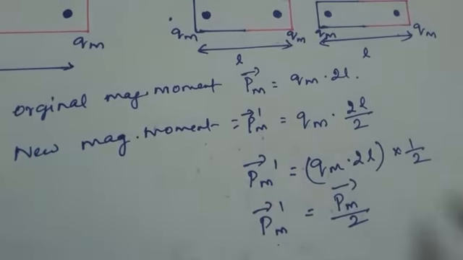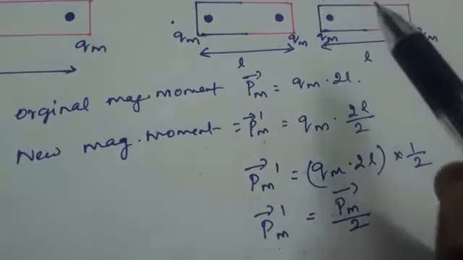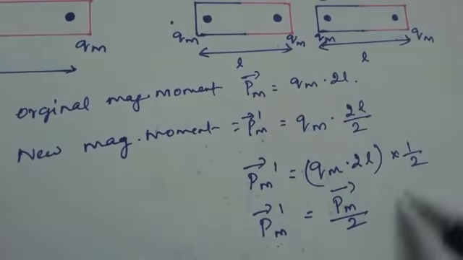So in both the cases we are getting the same result. Whether it is cutting along the axis or cutting perpendicular to the axis, the magnetic moment is